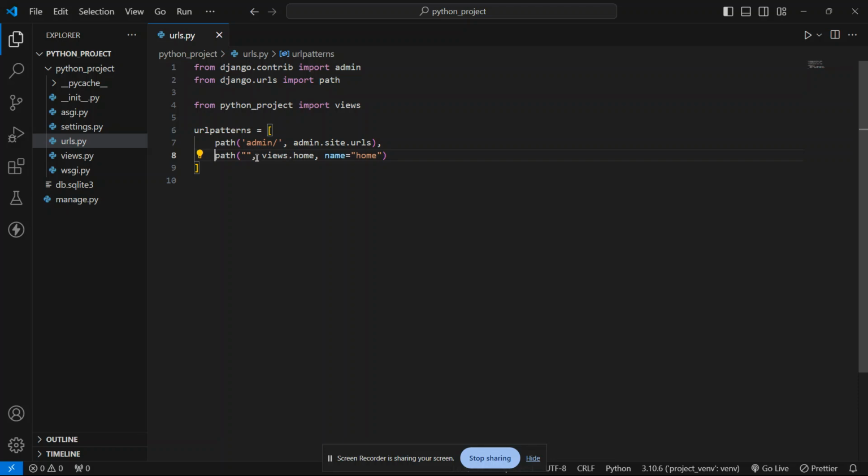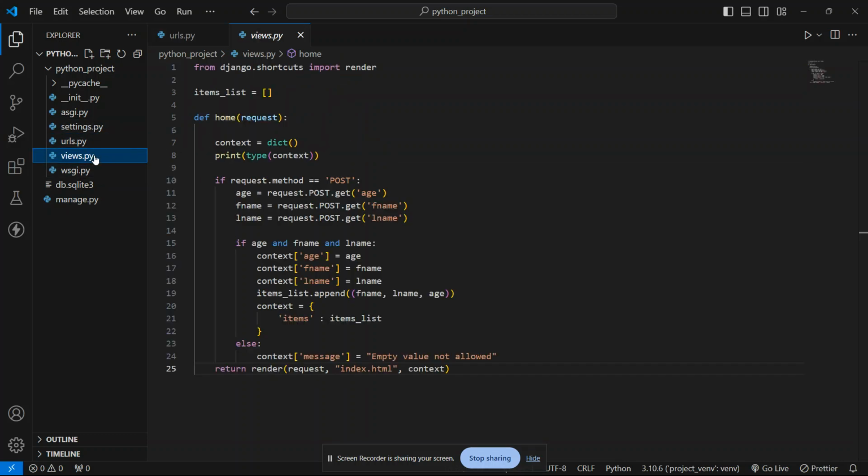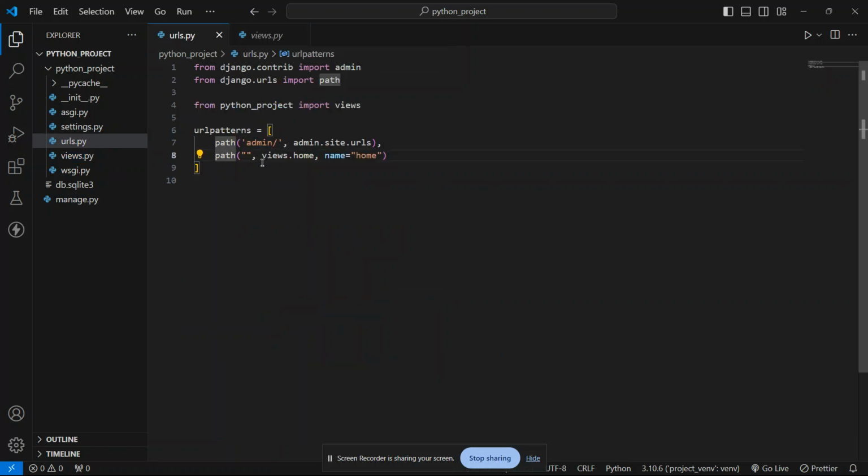After that, under this views file we have one home function that we declared here. The name home we will learn about later in our next few videos. Here inside views.py we can see a function named home, and that home we are passing into this path function as views.home.